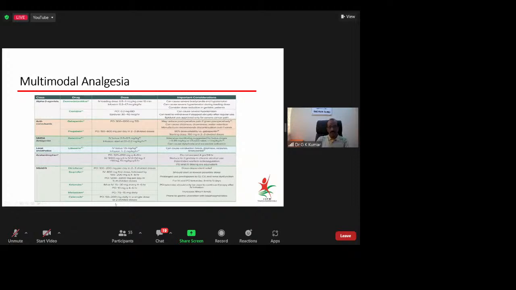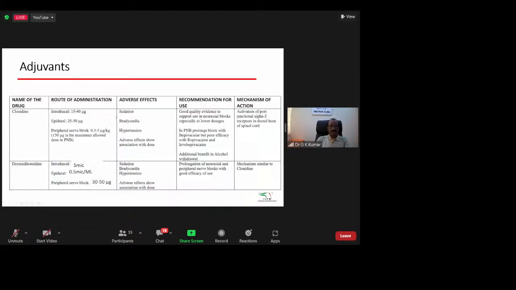These are the common dosages, and of course mostly the intravenous route is used. Now the adjuvants, for neuraxial as well as peripheral nerve block and field block, are drugs which help us prolong the duration of the local anesthetic drugs. The most commonly used one nowadays is dexmedetomidine. Intrathecal 5 to 10 mcg can be given, epidural 0.5 mcg per ml, especially